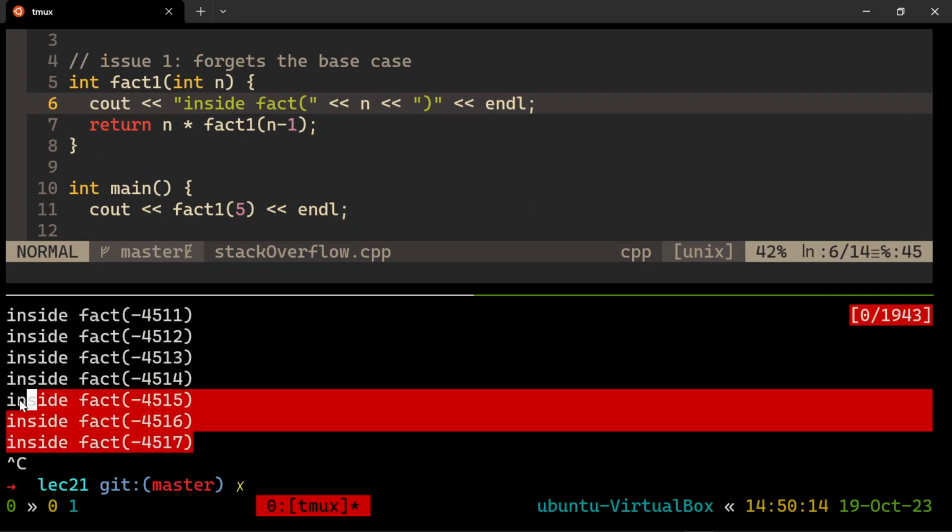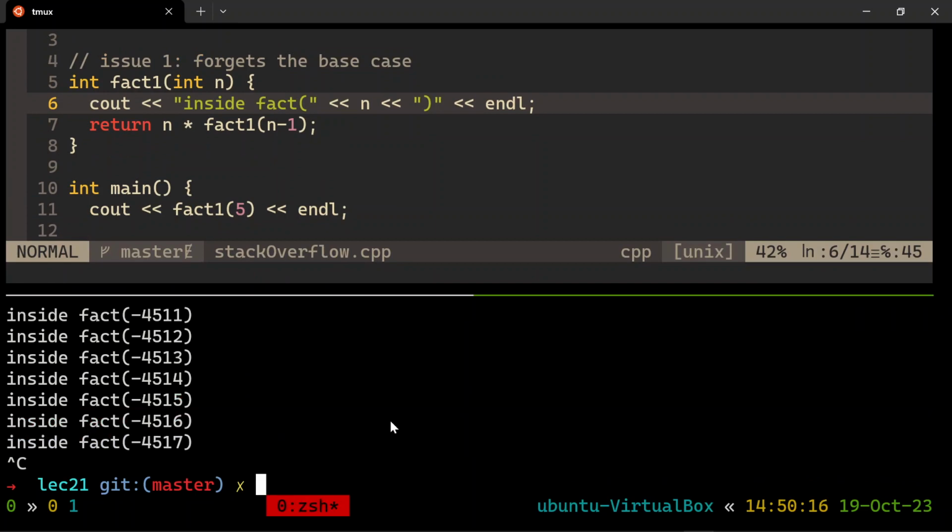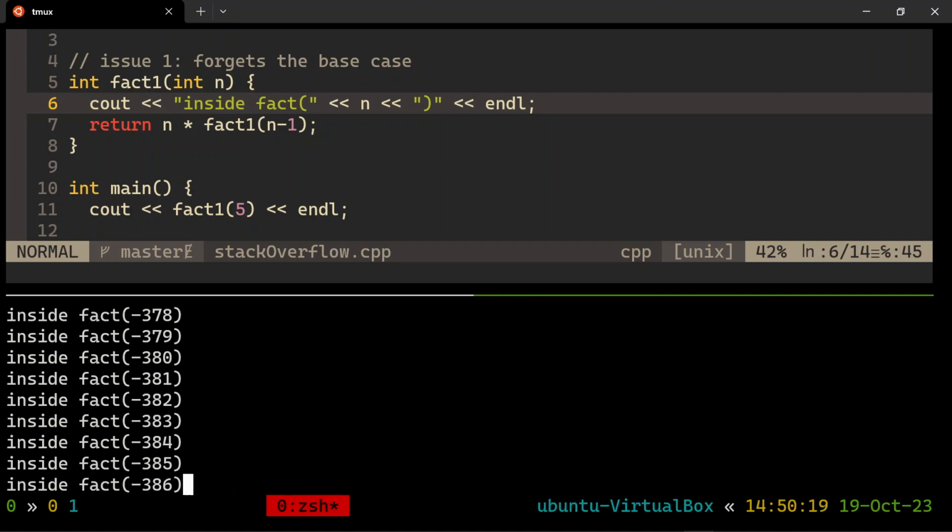but do you see how it kept going smaller and smaller into negative values? It would never have finished. All right. So if I let it run,